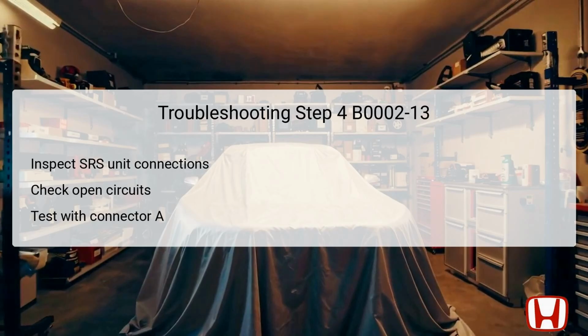Just like in the previous steps, perform resistance checks on both power supply and ground terminals labeled LA2+ and LA2-. As with earlier checks, a reading of less than 1 ohm indicates normal conditions. If the resistance is higher, this suggests possible wiring faults affecting the signal sent to the SRS unit. If the other components tested normal, a failing SRS unit could be the root cause. Thus, thorough inspection and testing of these connections are vital to resolve DTC